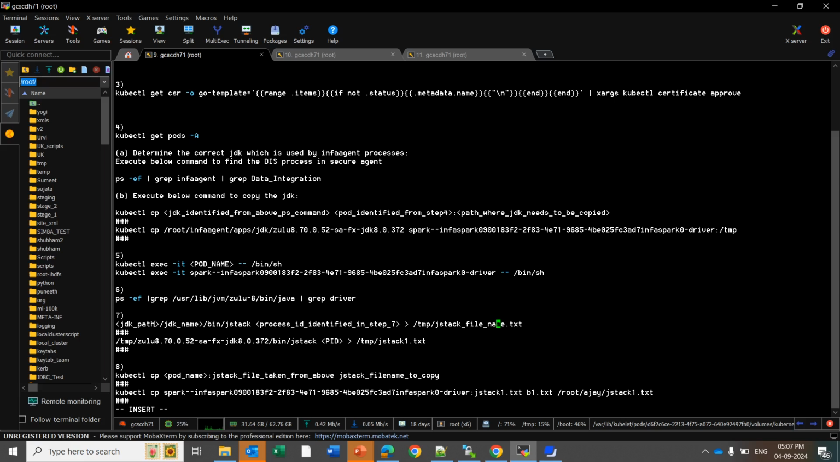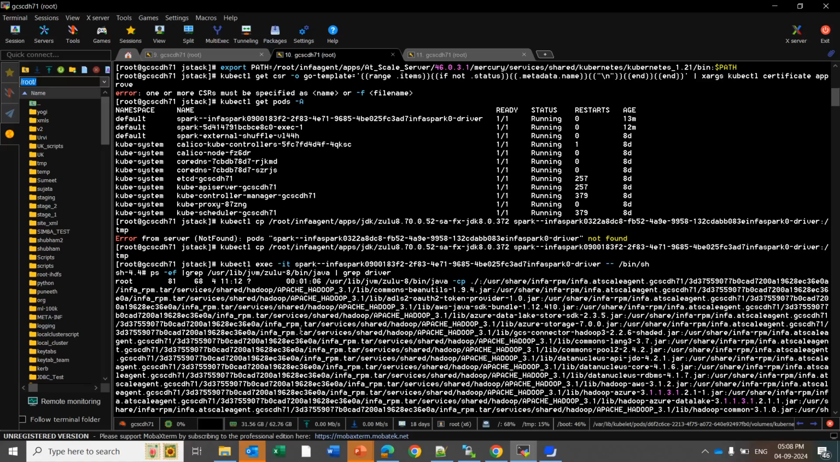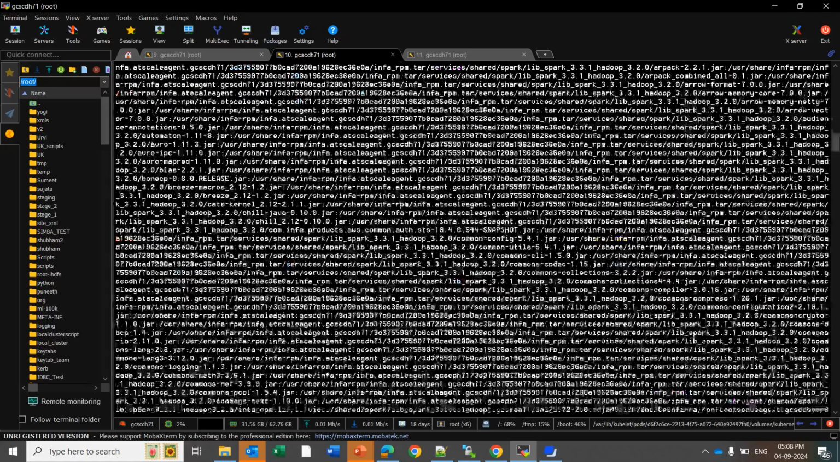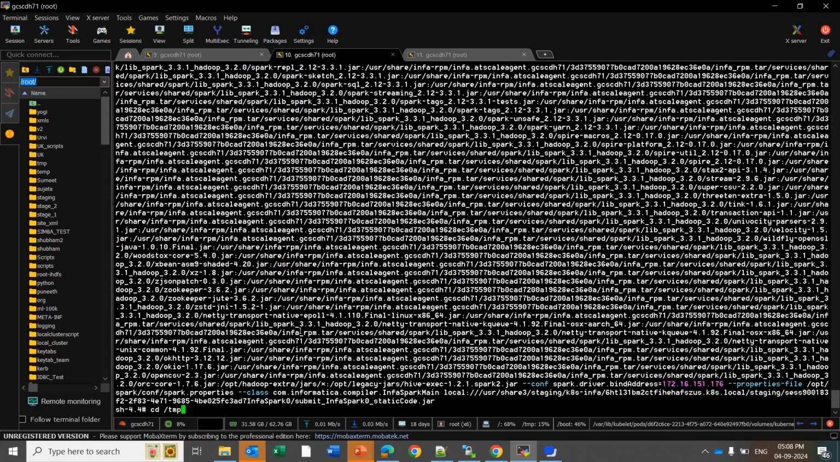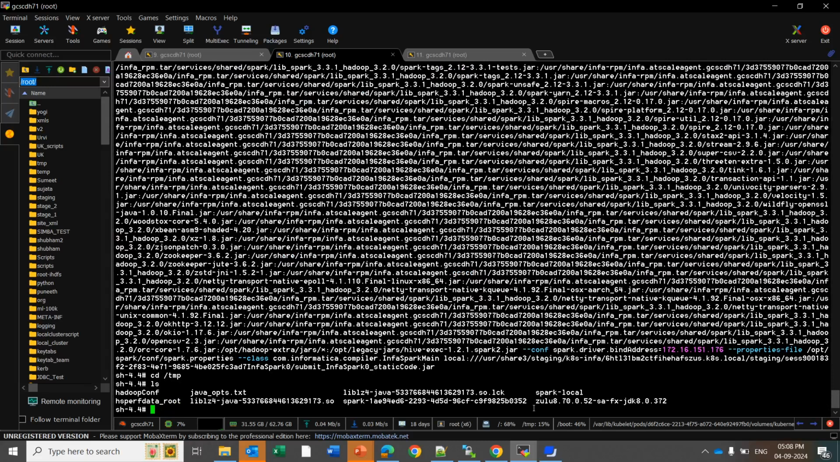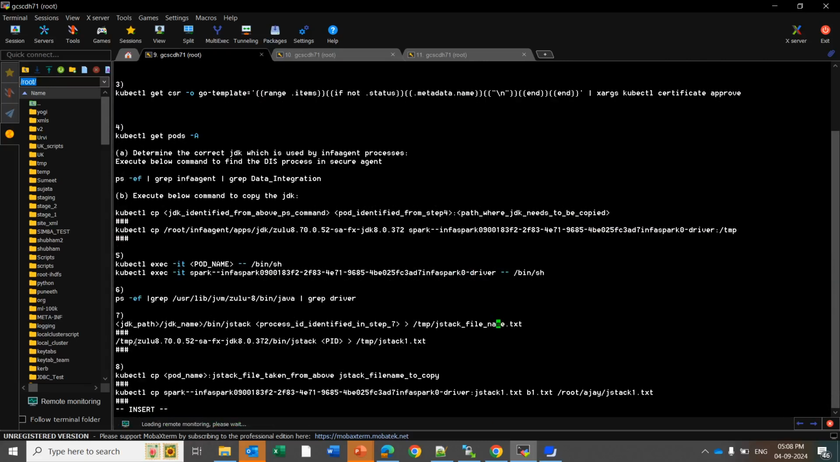The JDK path will be the path where you have copied the Zulu JDK directory on the pod. We ran the command and specified the /tmp directory, so the JDK path will be the /tmp directory only. The Zulu file name you can get from the Kubernetes pod which you have logged in. Execute the command cd /tmp, ls. Here you will see the Zulu file which you have copied. Copy this Zulu file name and update it in this command, and after that